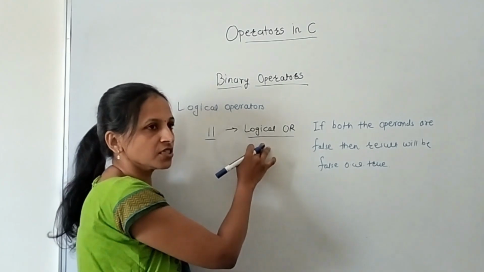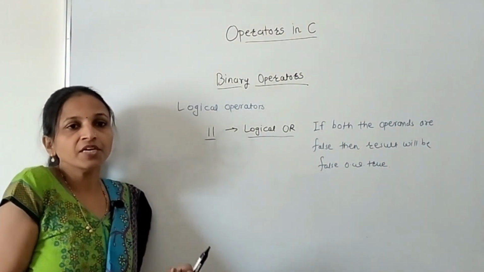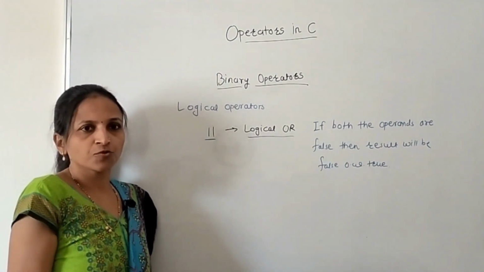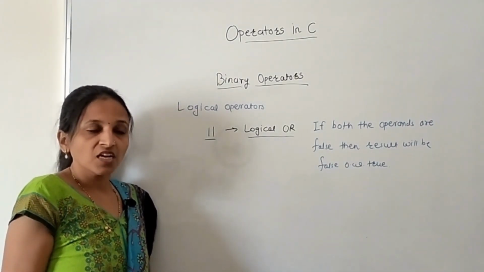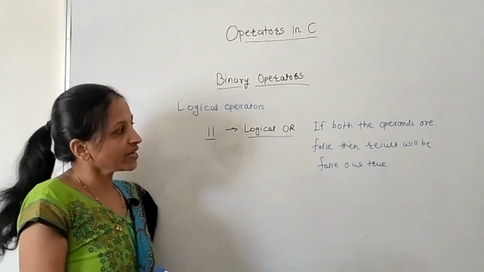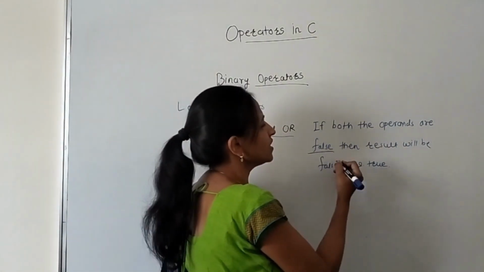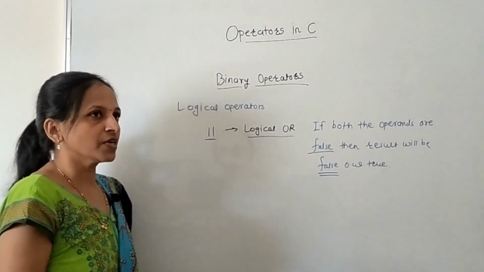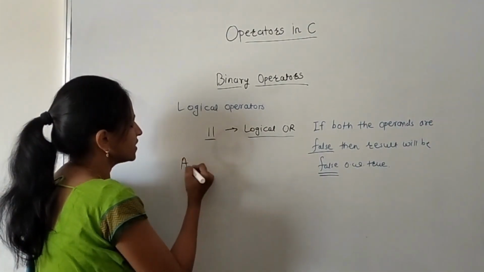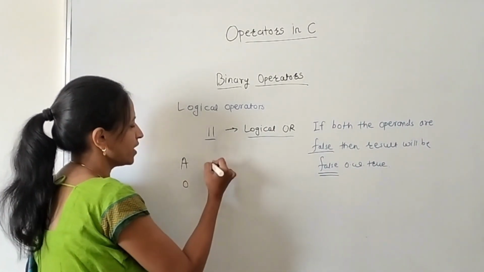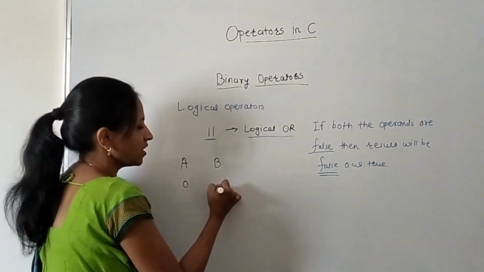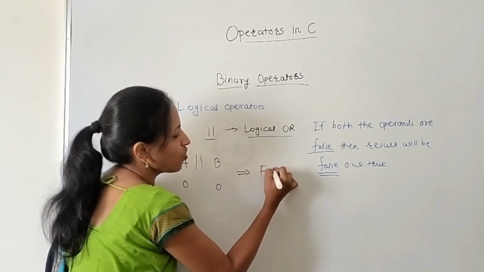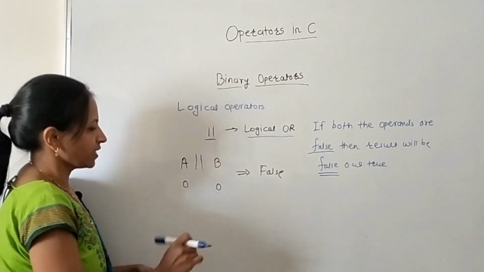In case of logical OR, if any of the operands is true or both the operands are true, then the result will be true, otherwise it is false. Means only in the case where both the operands are false, the result is false, otherwise it will always be true. For example, suppose A is one operand having 0 value, and B again has 0 value. Means if both are false, then only this will become false, otherwise in all other cases,